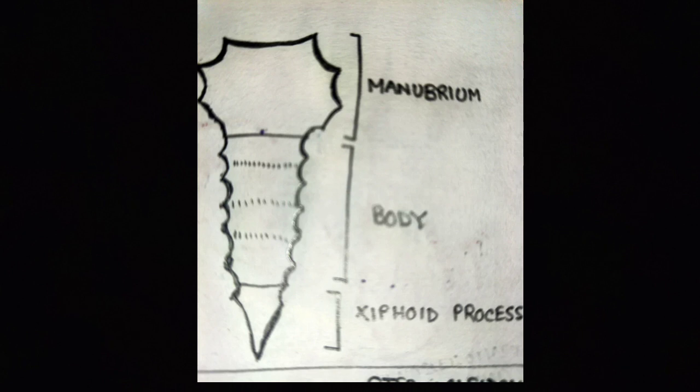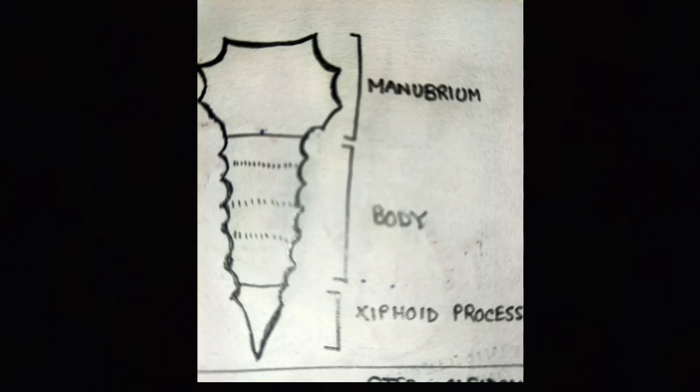Now, the lateral border has two articular facets. The upper facet articulates with the first costal cartilage to form a primary cartilaginous joint, and the lower demifacet, along with the demifacet in the body of the sternum, articulates with the second costal cartilage. The lower border articulates with the upper end of the body of the sternum to form a secondary cartilaginous joint called the